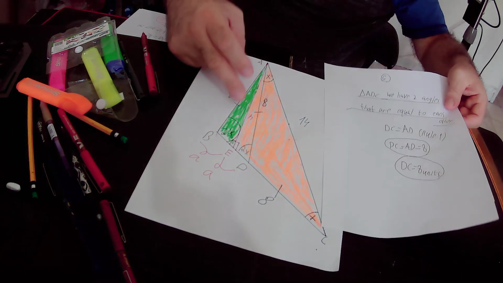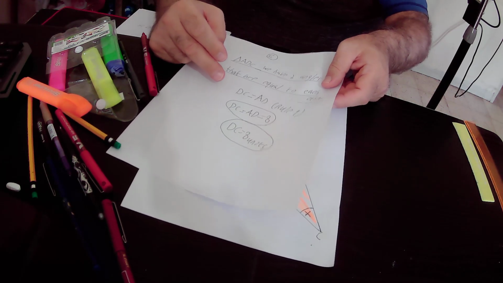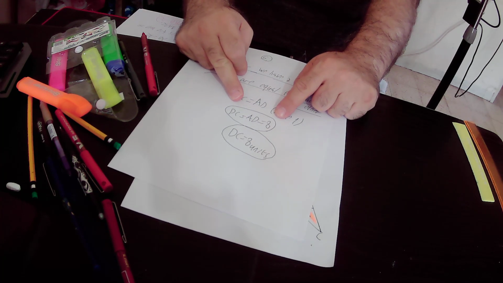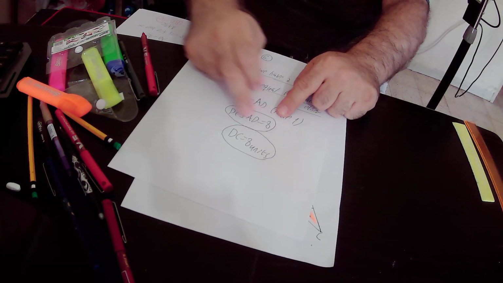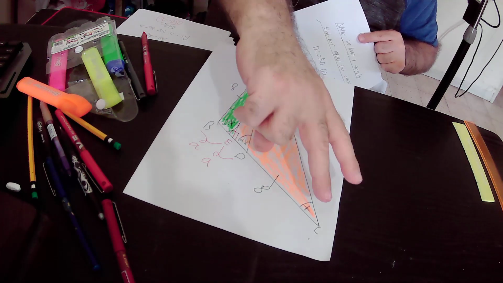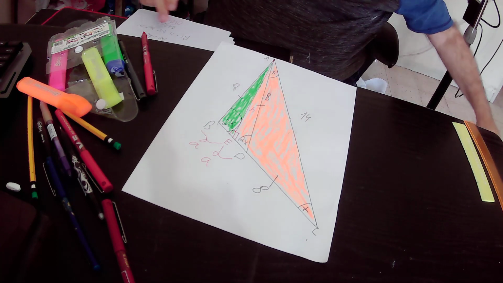But we know that AD equals 8 units. So from this equality, we can deduce that DC equals 8 units. This side equals 8 units. DC equals 8 units. And then